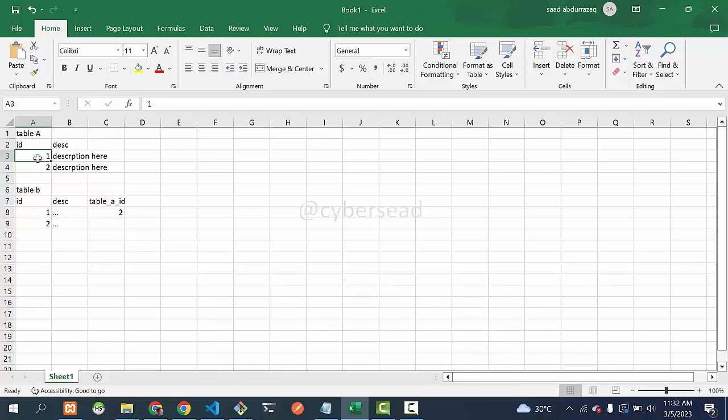every employee has their own employment contract. An employment contract A can only be owned by employee A, as well as an employment contract B can only be owned by employee B, etc. So the tables can be like this. Table A is, let's say, the employees table,